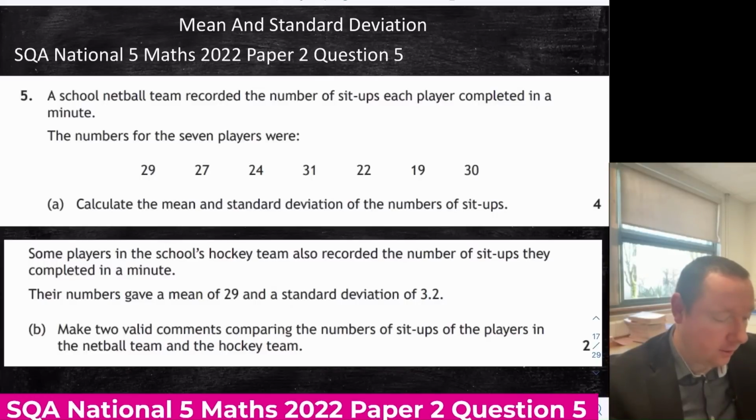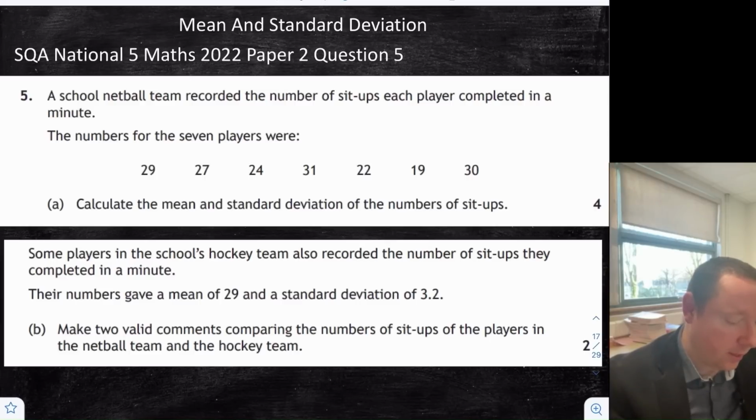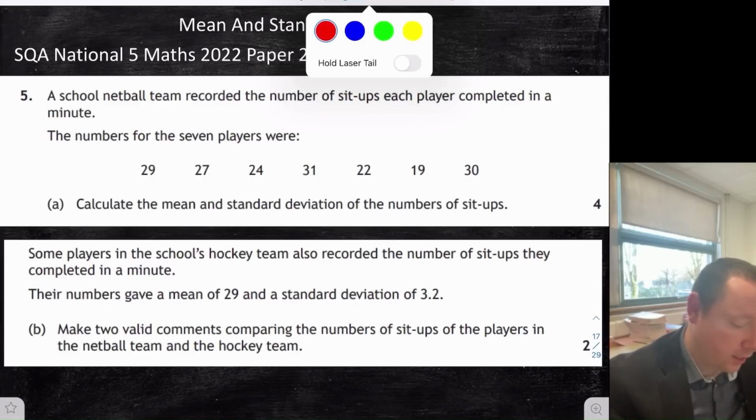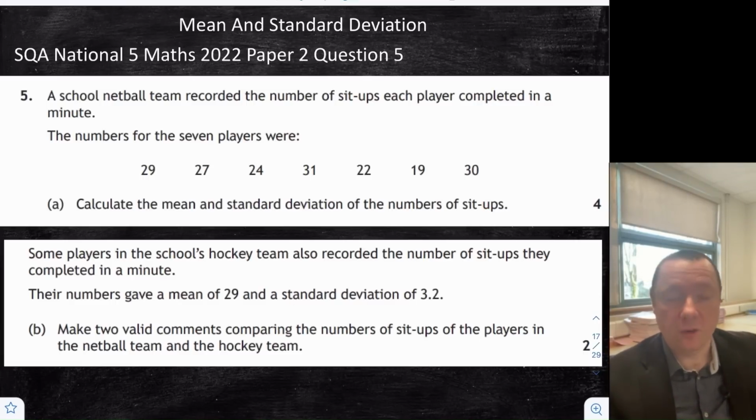Mean and standard deviation, SQA National 5 Maths 2022, Paper 2, Question 5. A school netball team recorded the number of sit-ups each player completed in a minute. The numbers for the 7 players were these. Calculate the mean and standard deviation, and then there's a comparison question to do at the end, but let's do part